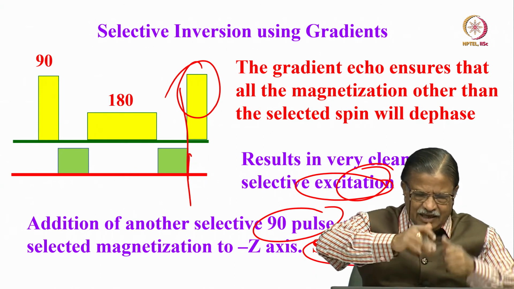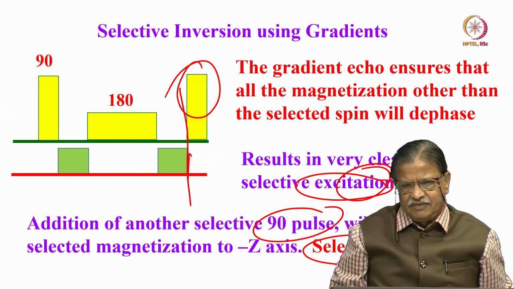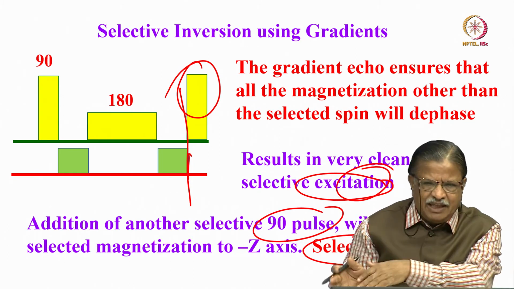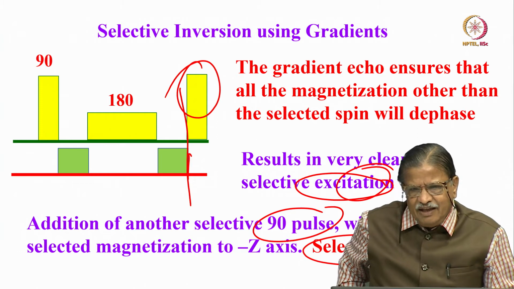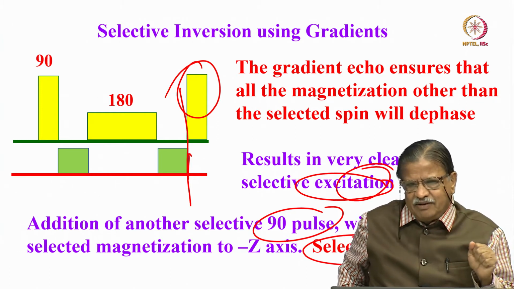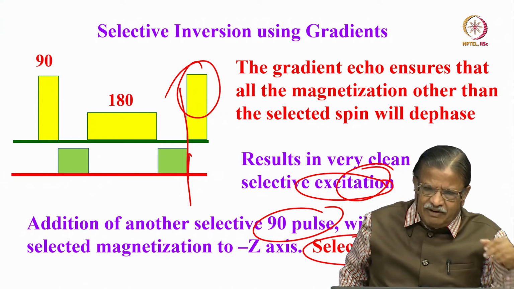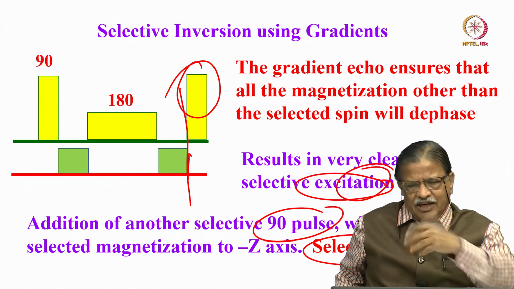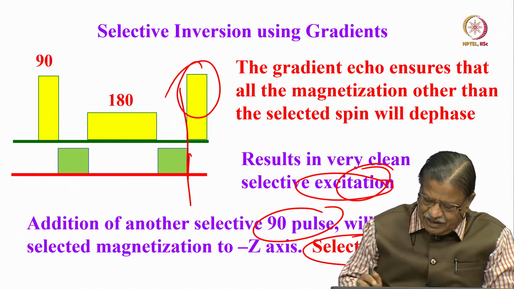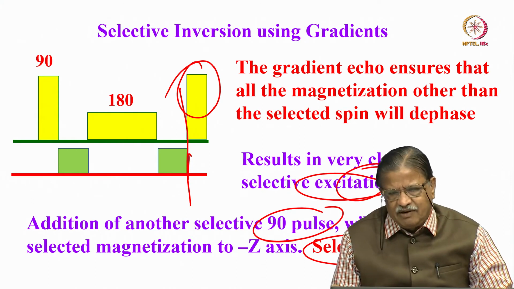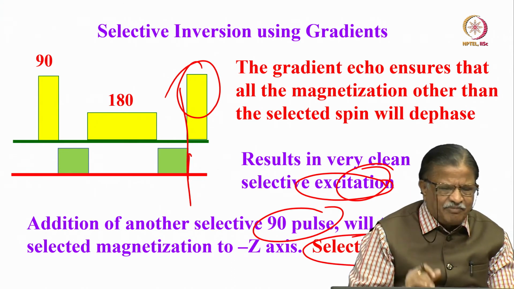Or I want to selectively excite a particular spin and make sure all other spins are inverted. That means there won't be coupling between the excited spin and the inverted spins. I can do that. Then that is going to be a very clean experiment. For decoupling selectively we can do that also. We can invert the selected spin so that it won't couple to other things. The coupling can be removed. So like this, a lot of experiments can be done. A lot of experiments are possible, and gradients can be applied to various examples.